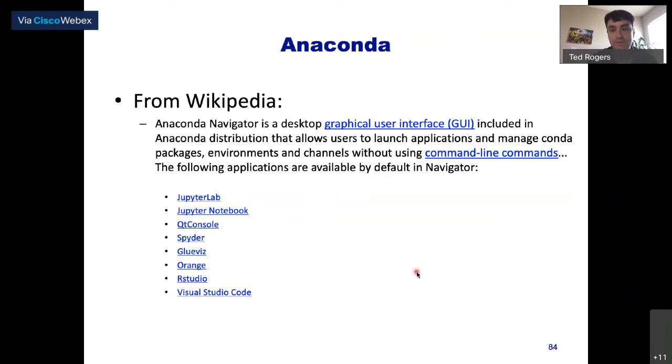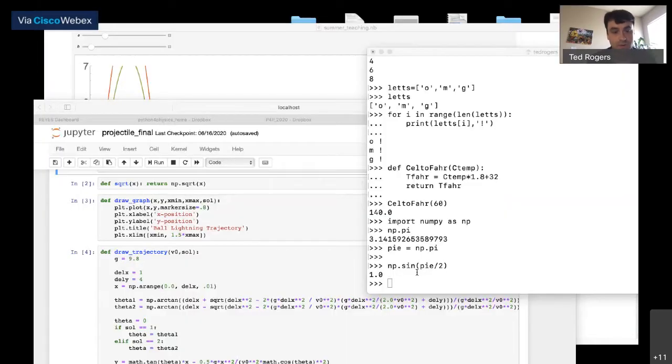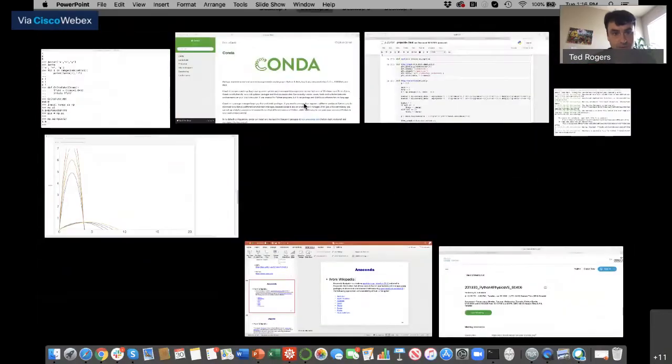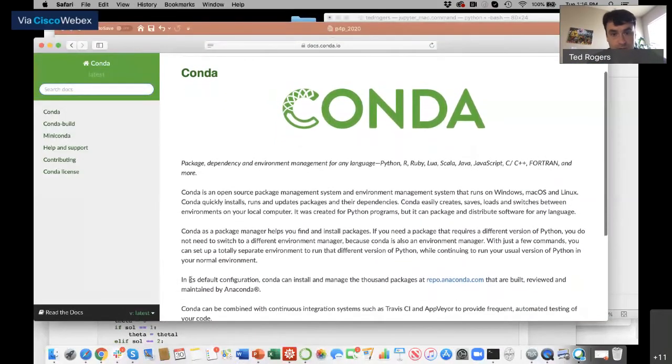It's a graphical user interface that allows users to launch applications and manage Conda packages. Conda is a utility that allows you to use many existing packages. Go ahead and do a search for that, and you'll find a description of what Conda is. Conda is an open source package management system and environment management system.